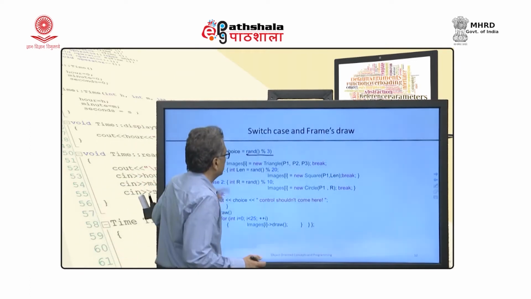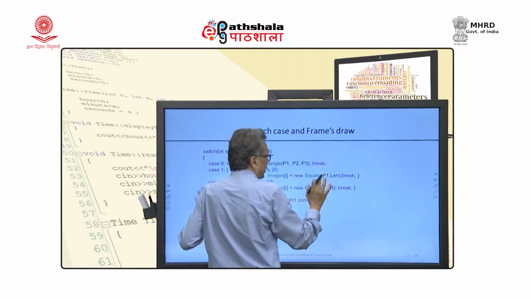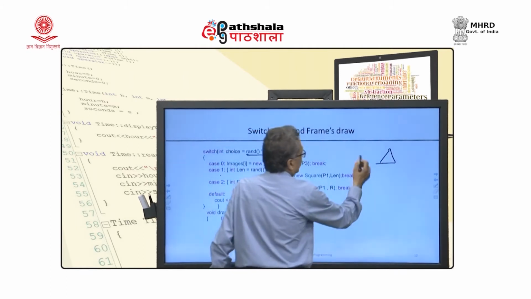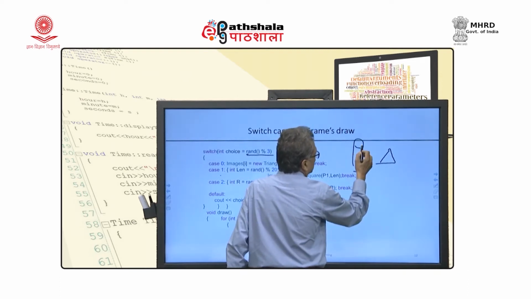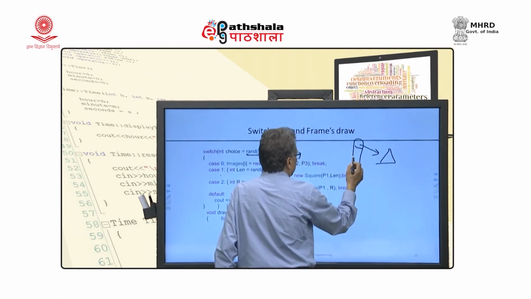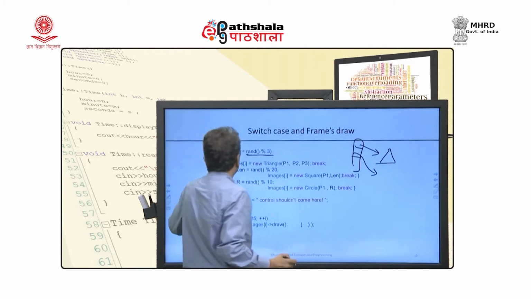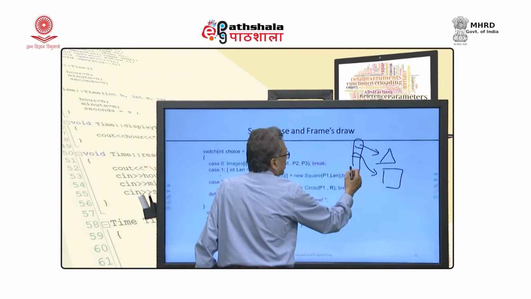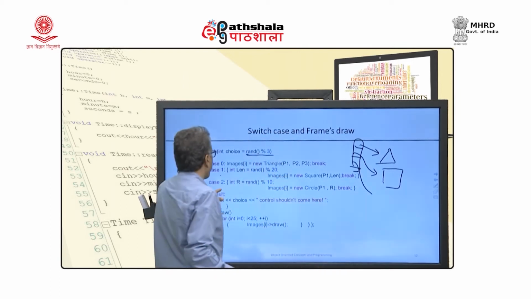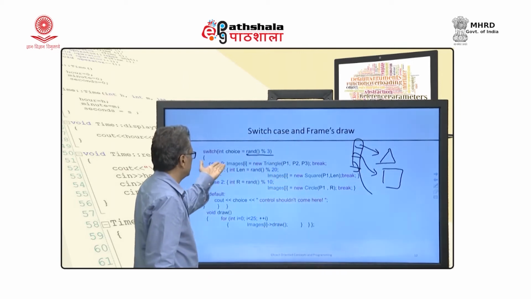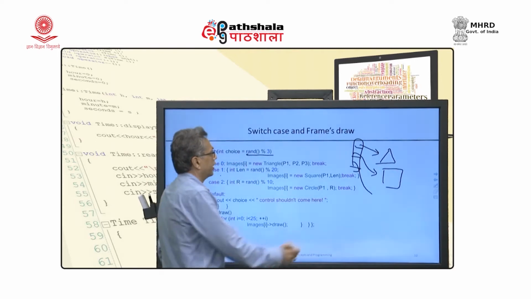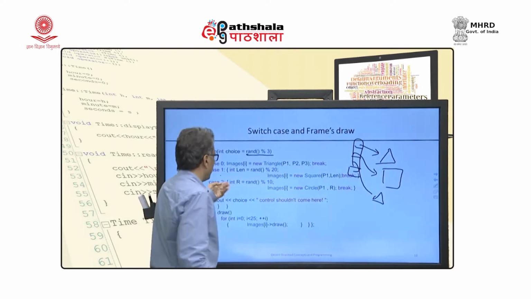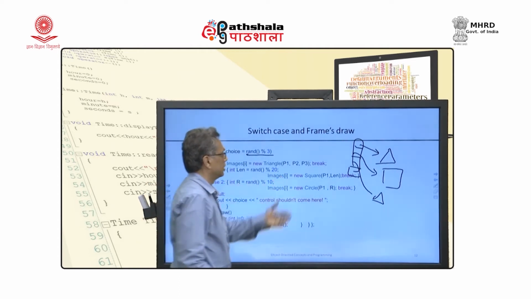Now if it is 0, so now this is again random, so it is a triangle. If it is 1, so it is a pointer, the array that we were discussing about, the first pointer is triangle. If the second one is value 1, then it is square. The third one, if its random value is 0, again it will be triangle. The fourth one, it is 2, then a circle,